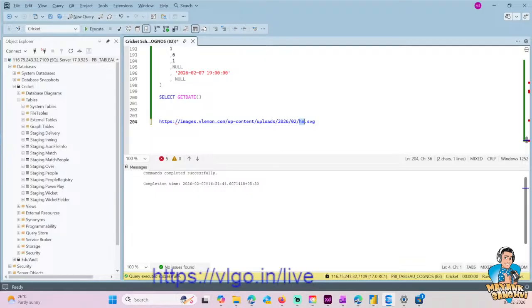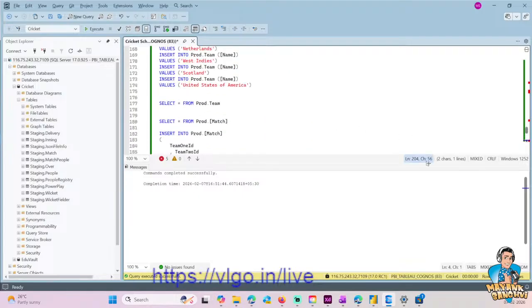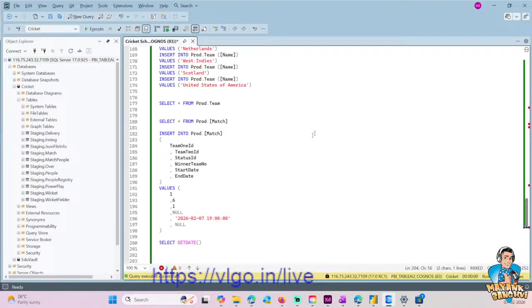If we are going to reuse this schema, these tables, then for different types of tournaments we need different types of images. We don't need country flags every time. So how are we going to do that? Let's store an image type. So what I'm going to do is modify our